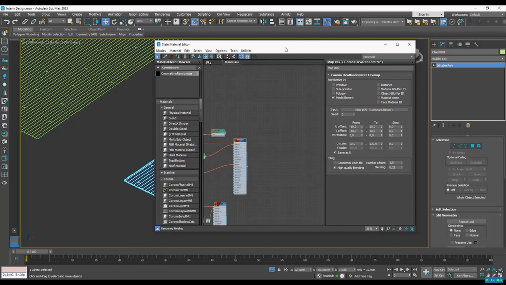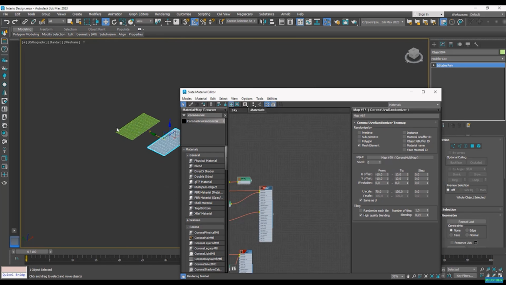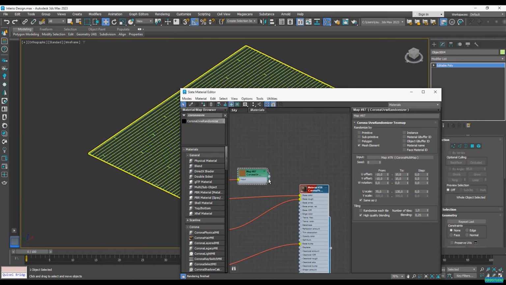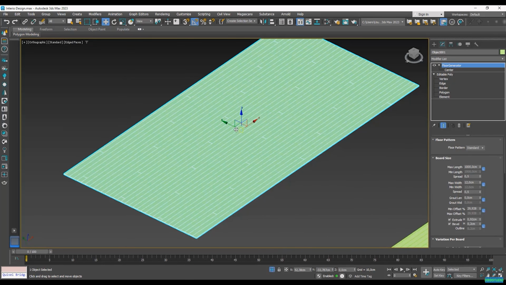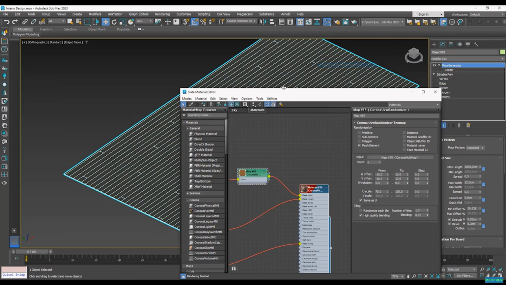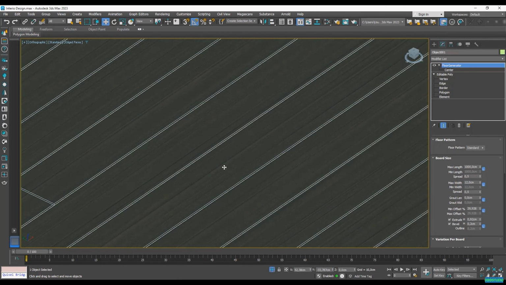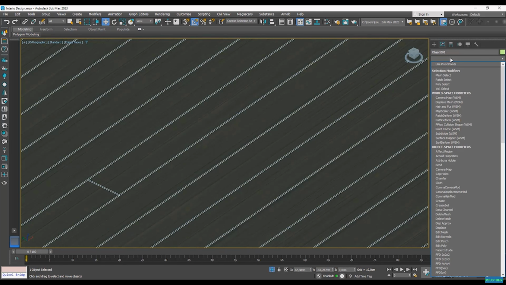Okay, now we obviously need to add a UVW map modifier to our board in order for the UVW map component to work. So I'm just going to add this to our base color, and I'm going to go to my default shading, and by selecting my floor, I'm going to right click and assign material to selection. So the first thing that we notice is that the UVW map is totally wrong, so we have to add a UVW map modifier